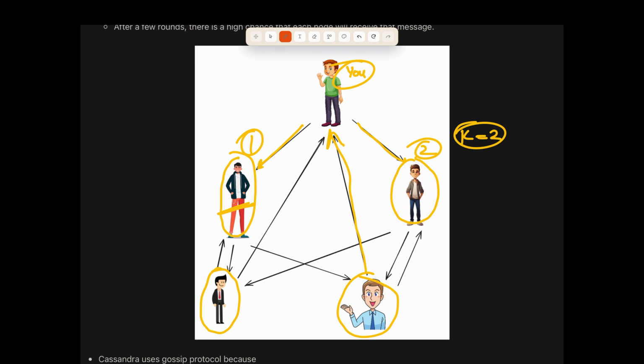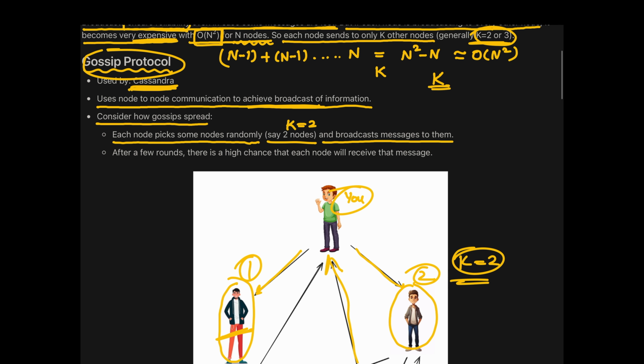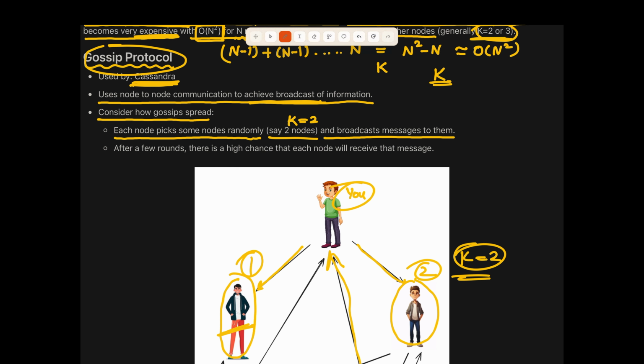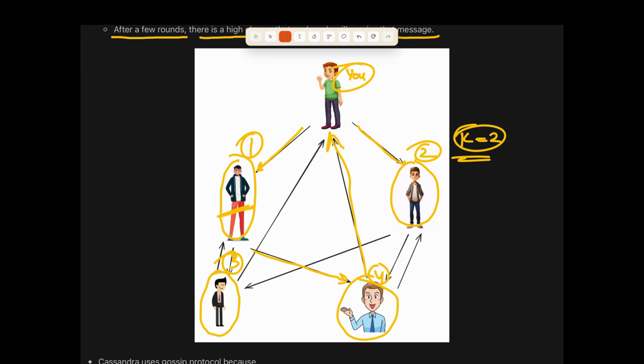They are also sending to this person and this person, right? So k is equal to 2. So in this picture, each node is picking 2 other nodes and broadcasting messages to them. After a few rounds, there is a high chance that each node will receive that message, because the information started with you,